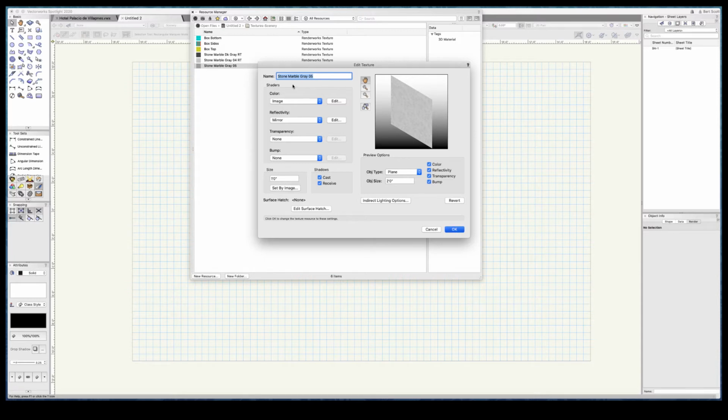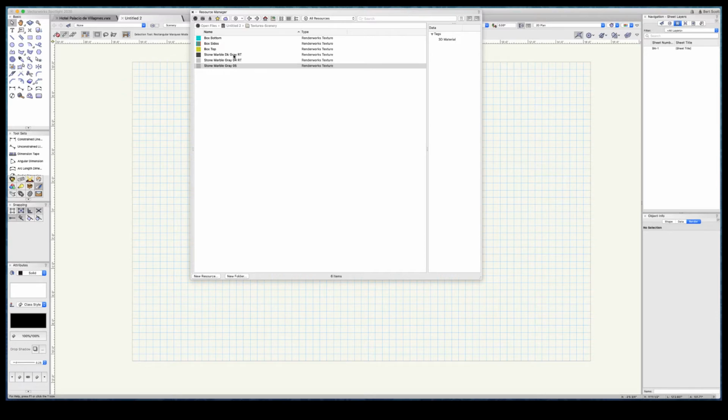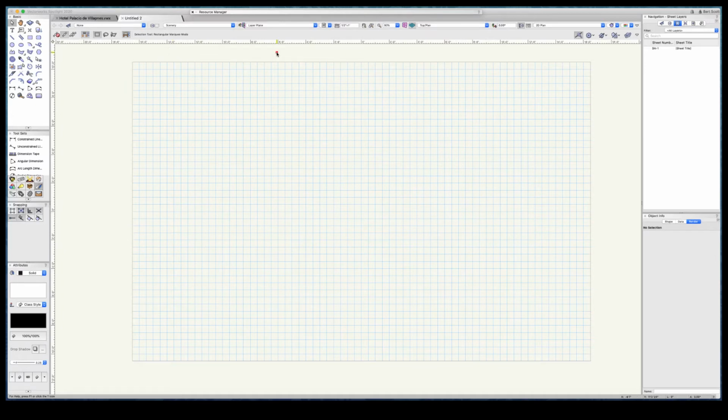So we have a dark, almost black gray. We have a medium light gray, and we have a slightly darker light gray. So that will get us started with the textures. Then the next thing we want to do is